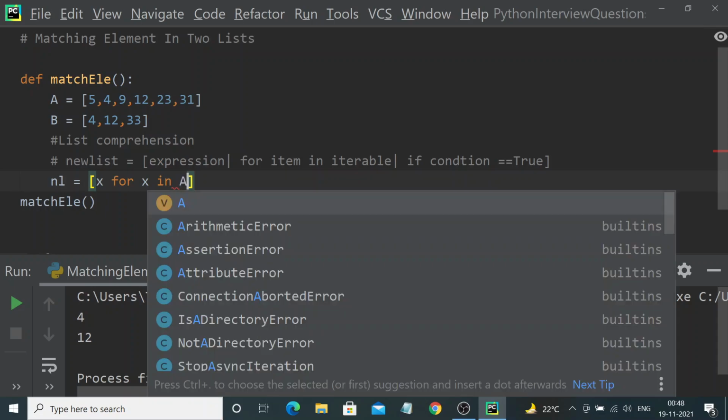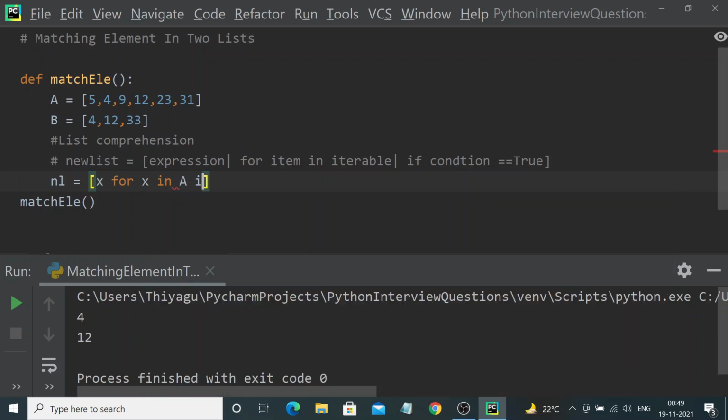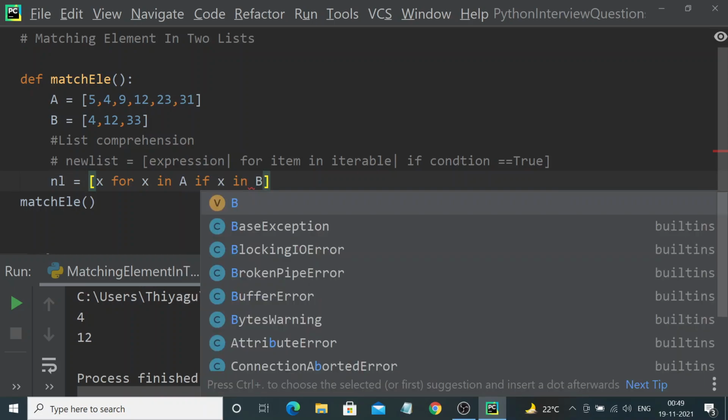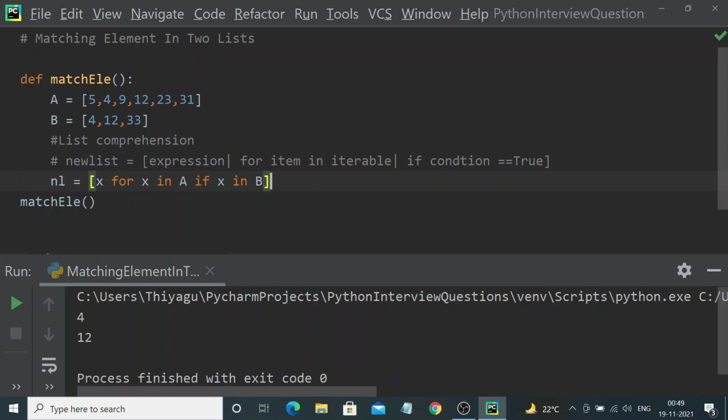What is my iterable? The iterable is my first list, a. Next I need to give the condition: if x in b, right? So you are iterating through the first list and verifying if the actual value is present in the second list or not. So this is a single line implementation of what we implemented in the previous problem. The same implementation is now packed into a single line of code.